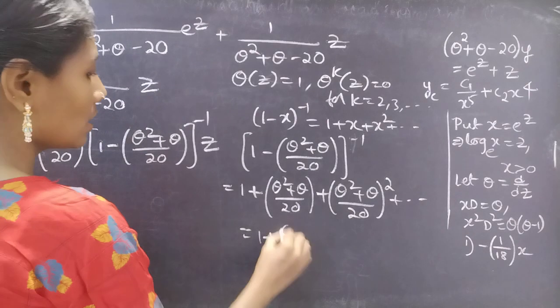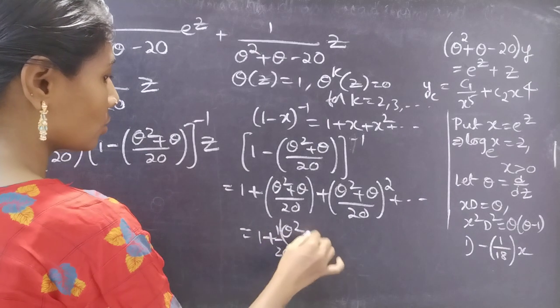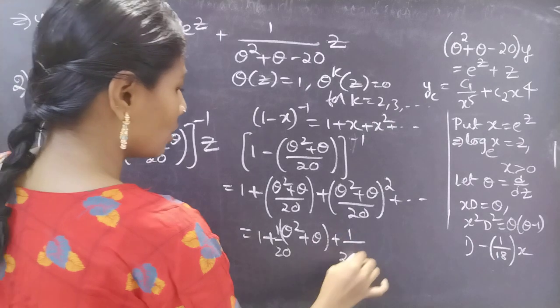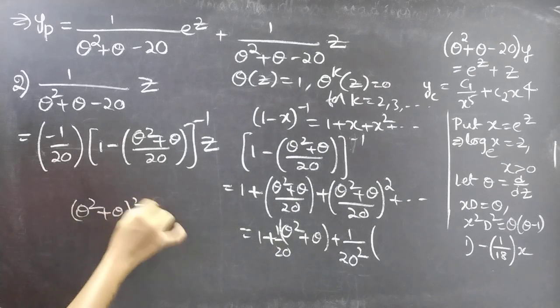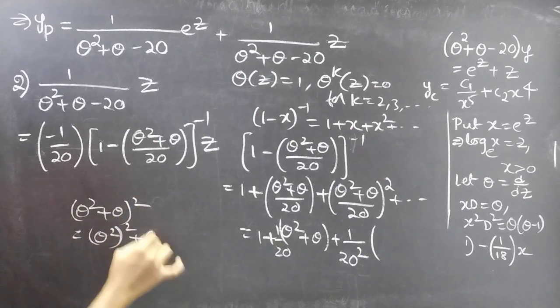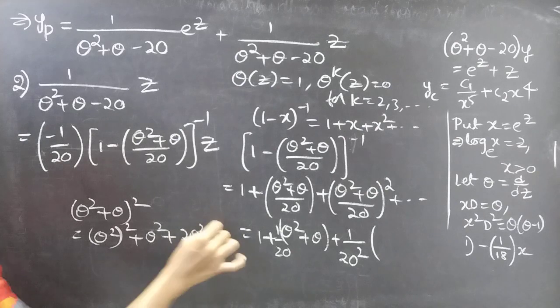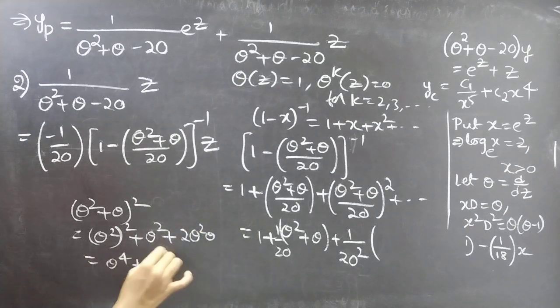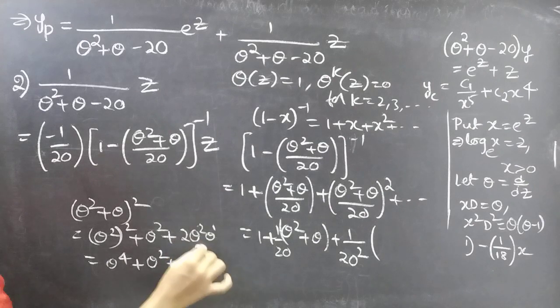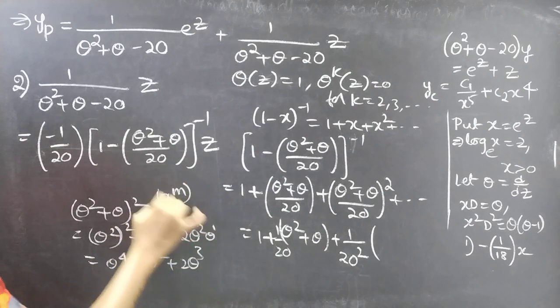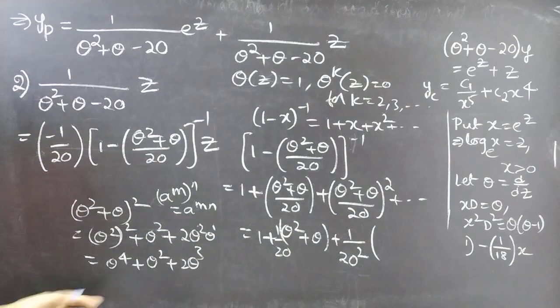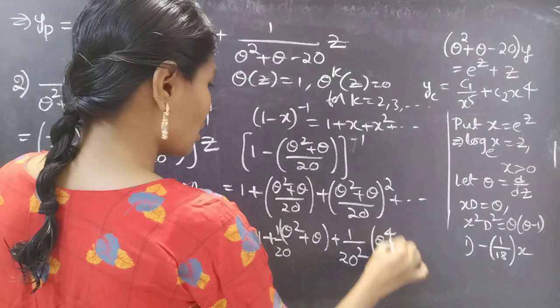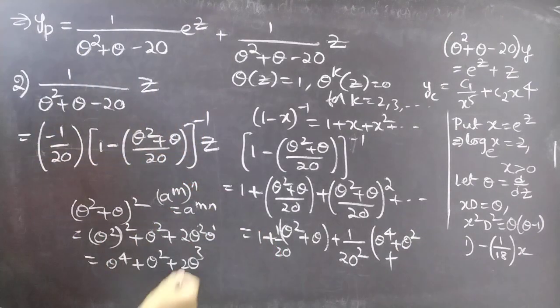This is equal to 1 + (1/20)(θ² + θ) + (1/20)² times the expansion of (θ² + θ)², which is (θ²)² + θ² + 2θ²·θ, right? This is equal to θ⁴ + θ² + 2θ³. We know that (a^m)^n = a^(mn). From that we got (θ²)² is θ⁴, right? Now write the expansion of (θ² + θ)²: θ⁴ + θ² + 2θ³